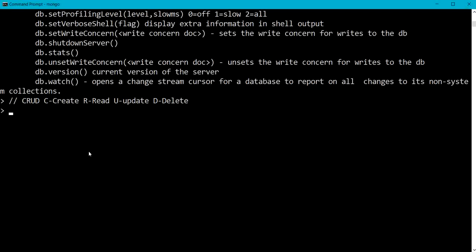Let me begin with the creation of the collection. In MySQL we are creating a table. In MongoDB we refer to a table as a collection. So let me use the command as per the syntax, db.createCollection. Here I need to take C as capital from collection. createCollection student. Okay, I have got the message. So here my collection student is created.